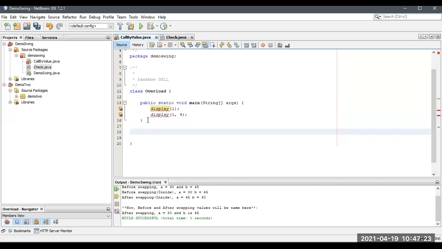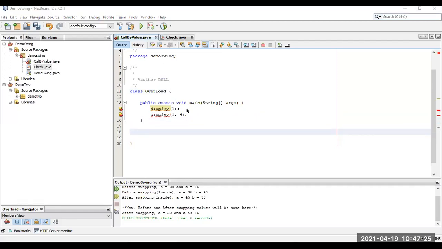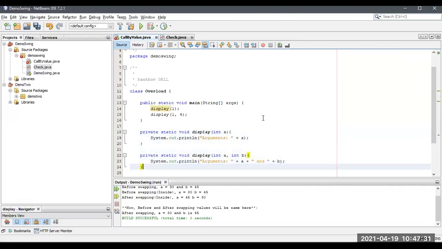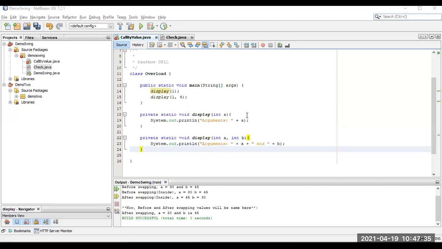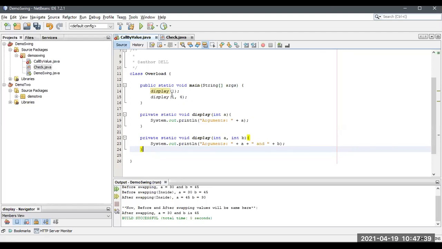Now here we are going to display. Okay, see, it has been closed. Now I'm going to send a single argument, but this display is written in two types, having a single argument and two arguments over here.